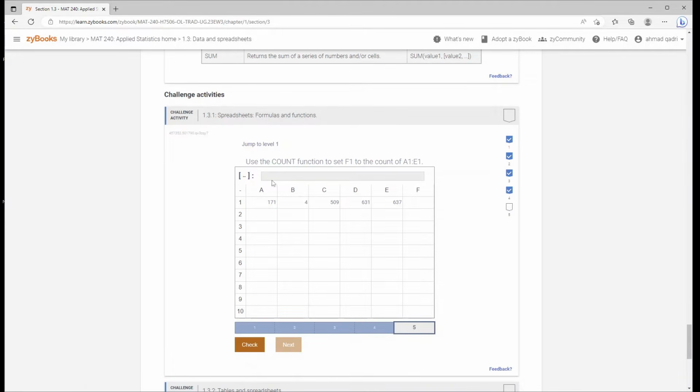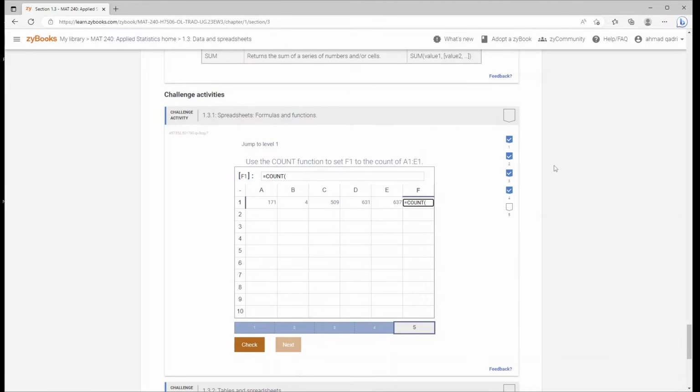And now the last question is use the count function to set F1 to the count of A1 to A3. So this is where we need to enter the formula, F1. Now, if we count this, we have 5 values. So we need to get an answer of 5. So let's click here. Formula starts with equal sign, and I will type count,